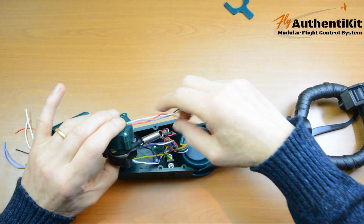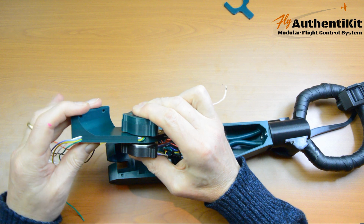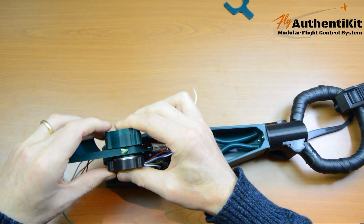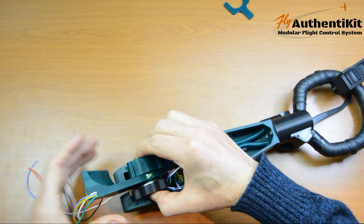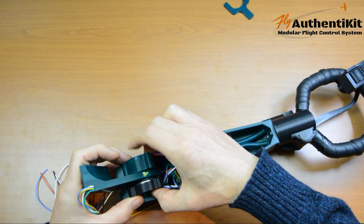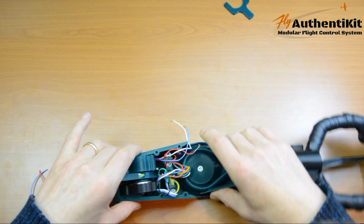Okay, well this basically puts us where we were at the end of the last video, except we now have a much improved pitch lever. There's a lot less room for give there, which was the issue I had last time. So now we carefully slot the pitch lever into its case, being careful not to drag any of these wires here off the MagHaul. And we go for that bottom lug slotting into the channel, which is at the bottom